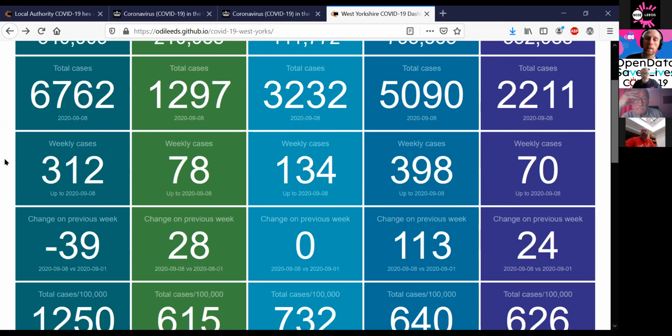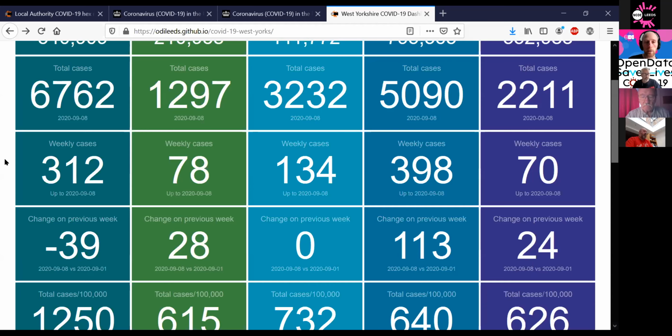I'm calculating weekly cases, and Paul, I think, has had a discussion with Bradford Council because they have a dashboard as well. They're calculating weekly cases in a different way. Perhaps naively, but I think most people assume that weekly cases is a 7-day total. Obviously, every day in the 7 days doesn't have the same number of cases, because weekends we know have fewer. So I think Bradford are omitting weekends, but they're still having 7 days, which I presume is to get rid of a weekend effect, but presumably then